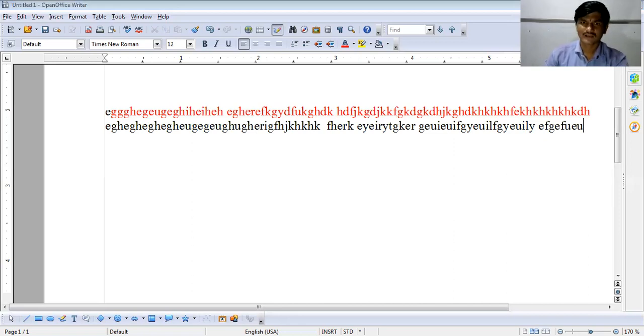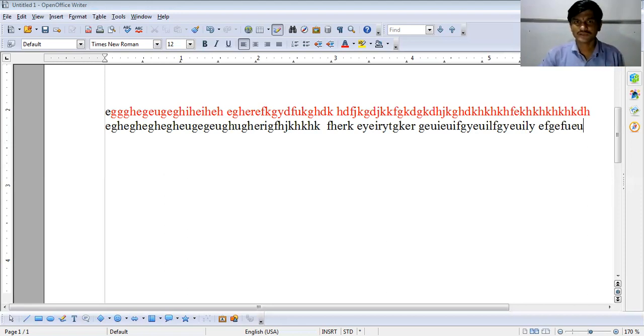Okay. Now next, we will see about using the thesaurus. What is meant by thesaurus? A thesaurus is a list of synonyms and antonyms, meaning words with similar meaning or opposite meaning. That is the point.